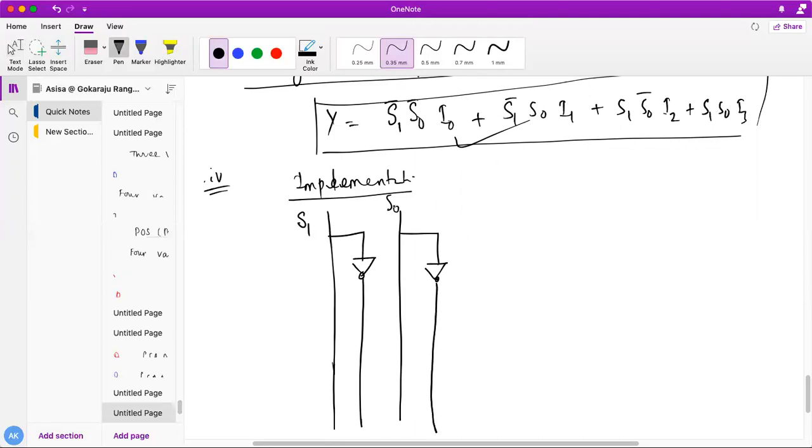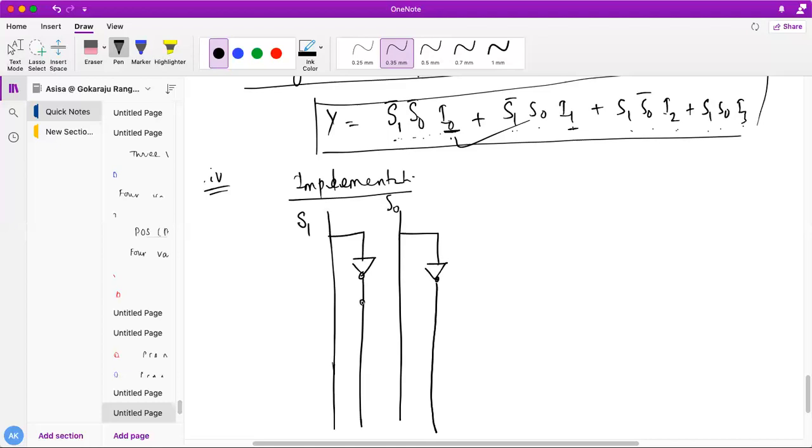So see here, when S1 bar, S0 bar and I0 is 1, I will get Y as I0. If S1 bar, S0, I1 is 1, I will get I1. S1, S0 bar, I2 is 1, I will get I2. S1, S0, I3 is 1, I will get I3.